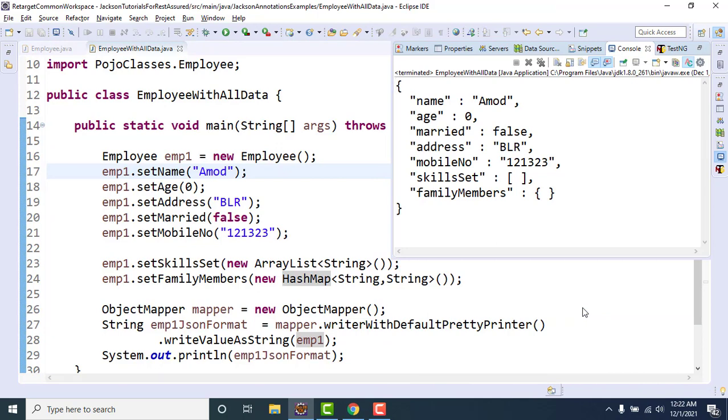You can see skill set is showing an empty array and family members is showing an empty collection, right? Now you might have some requirement where, if you don't have any skill set or family members details, then don't pass these values in JSON. That might be a requirement.